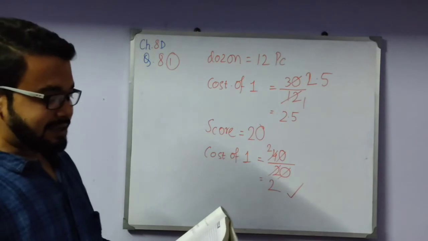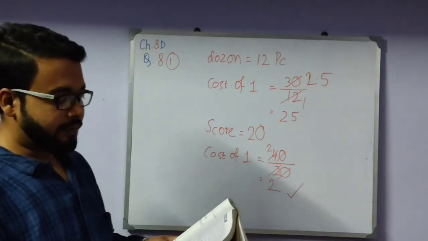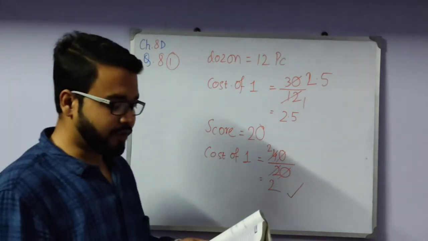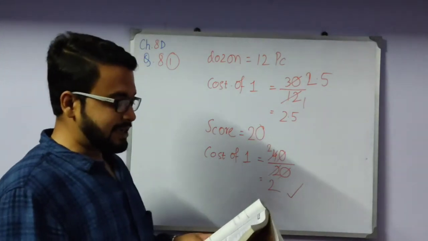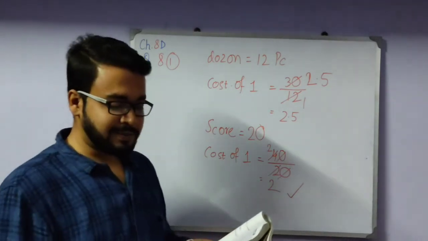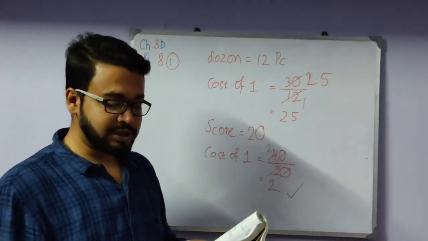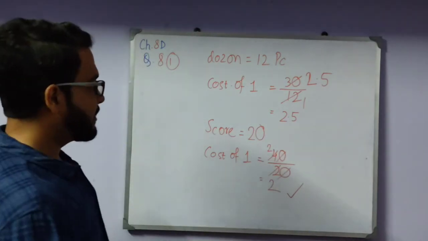The answer is the score of bananas for rupees 40 is a better buy for this question. And the next one, which car has a better speed? The one covering 240 km in 5 hours.